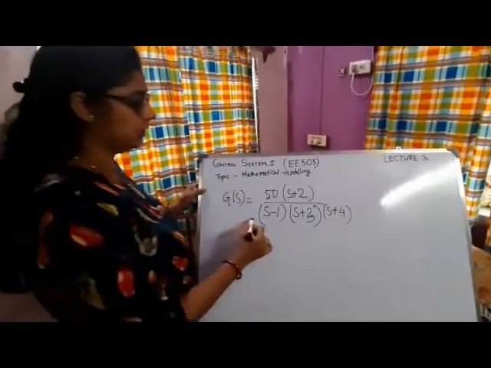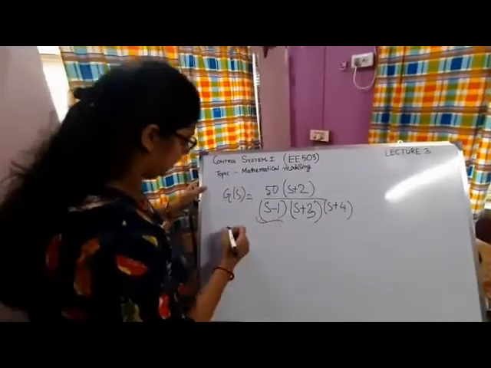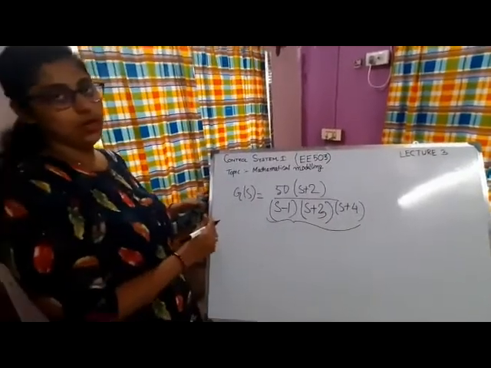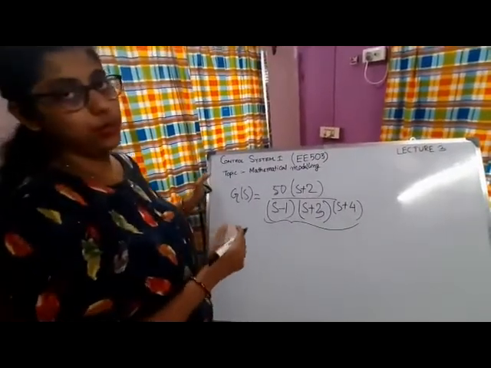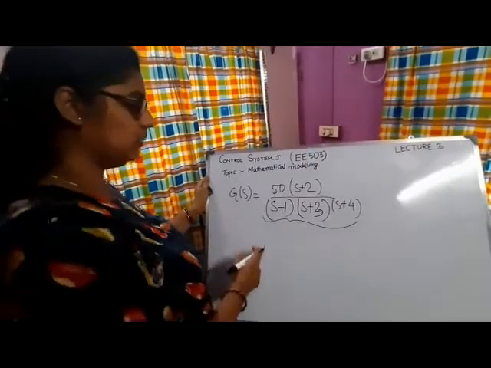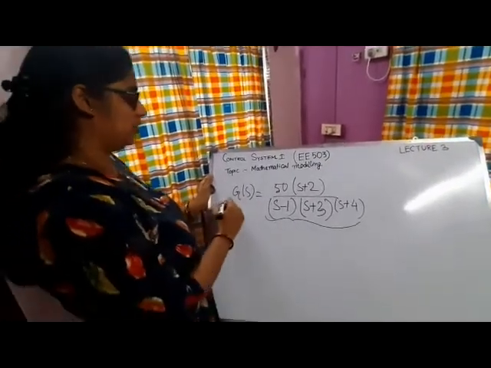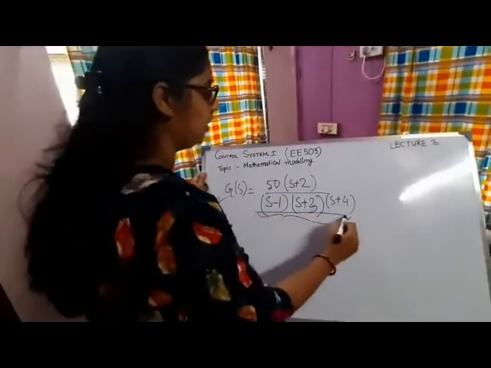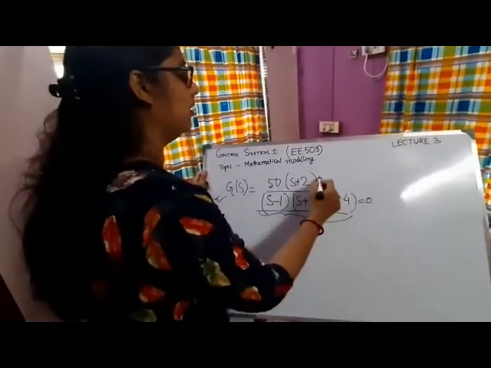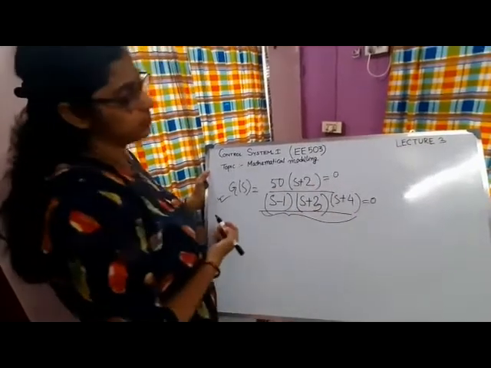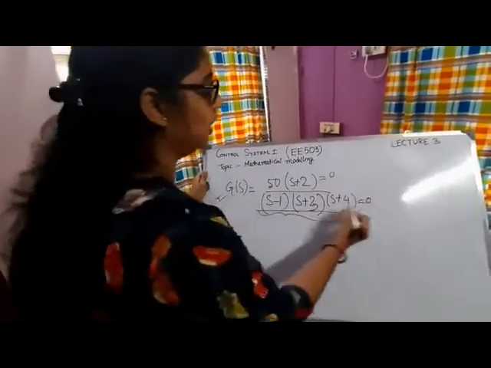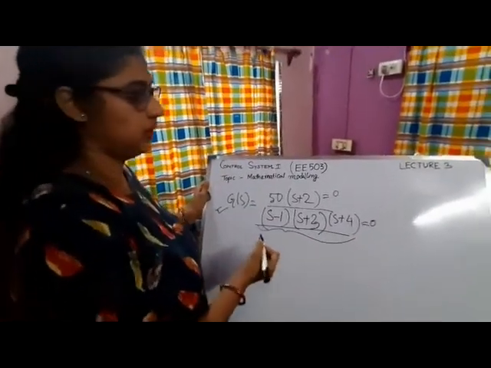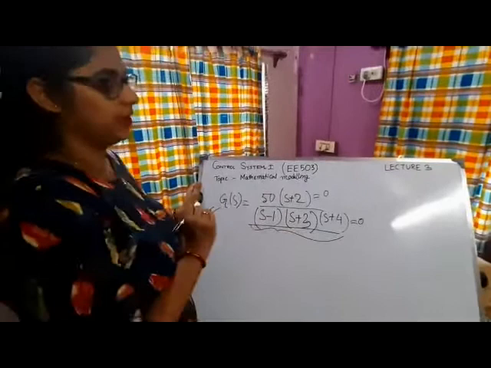Now the characteristic equation means the denominator equation. If we solve this equation equal to 0, then we'll get the poles and zeros of the system. This form is known as the pole-zero form, where by equating the denominator equal to 0 and equating the numerator equal to 0, we can easily find out the number of poles and number of zeros and the pole locations and zero locations directly from the given transfer function.